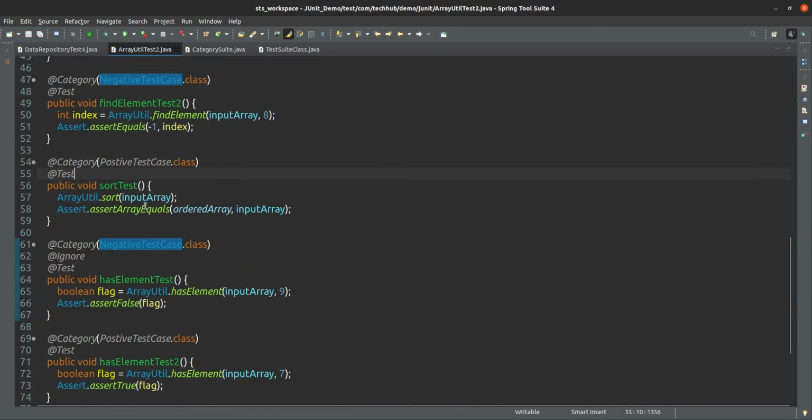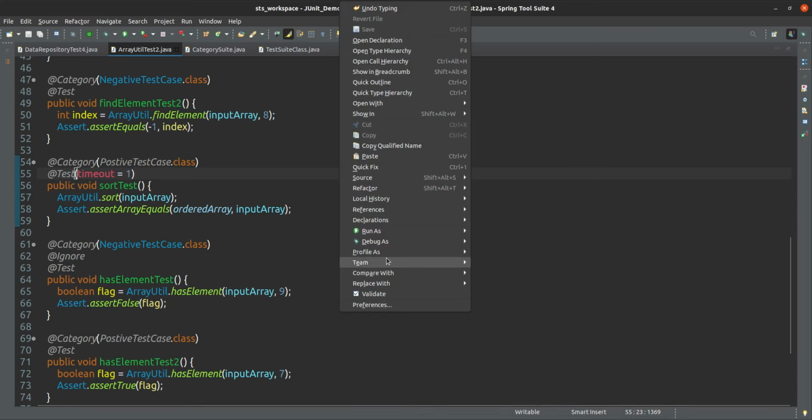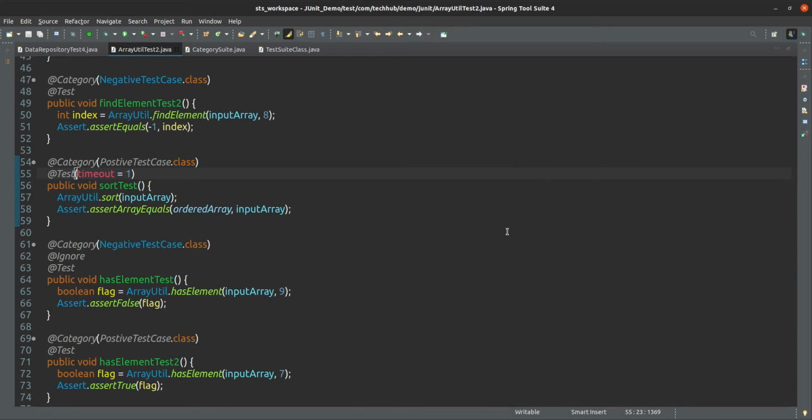Okay, so this is sorting, and we know this sorting will not take much time, so I can specify timeout here also. Suppose 0001, so this is very small time actually. I think this will not be executed in this much time, so I think this will be failed in that case. If I run this one, you will see whether this is passing or failed.